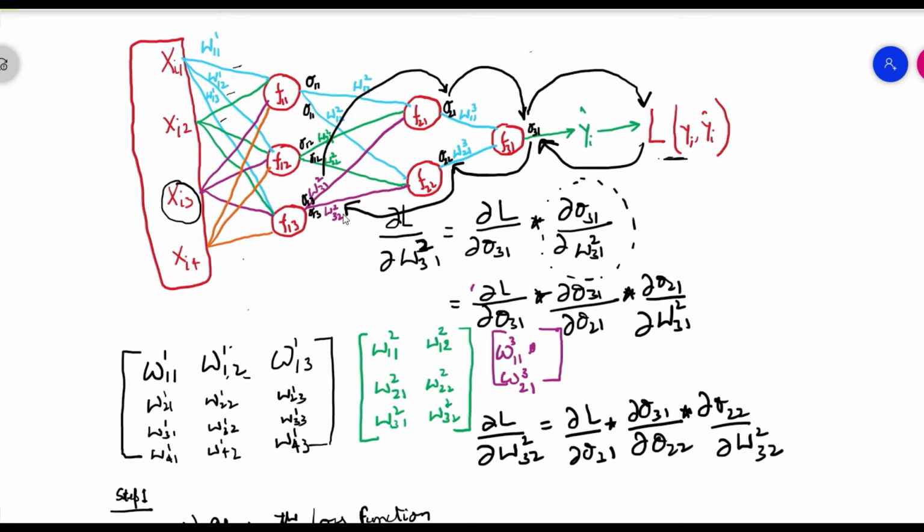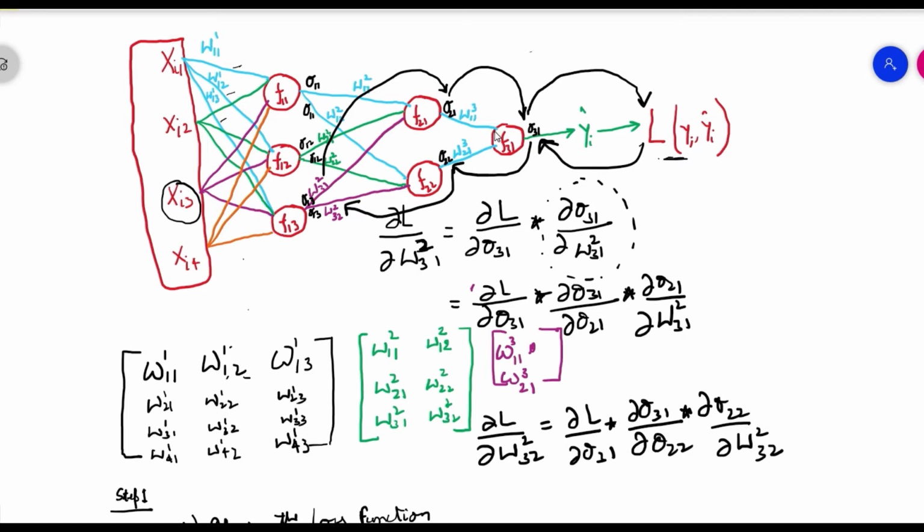I have shown you how the rate of change of loss with respect to the weights is determined, and once again, this is how we learn to update our respective weights to find the optimal weights that can minimize our loss function L. Okay, so this is how the rate of change of loss with respect to the weights is calculated to feed into the update function, so that the update function gives us the optimal value of our respective weights, which can be used to minimize the loss function.